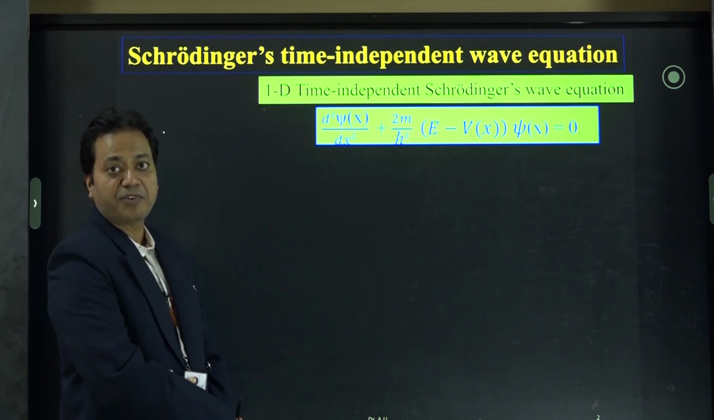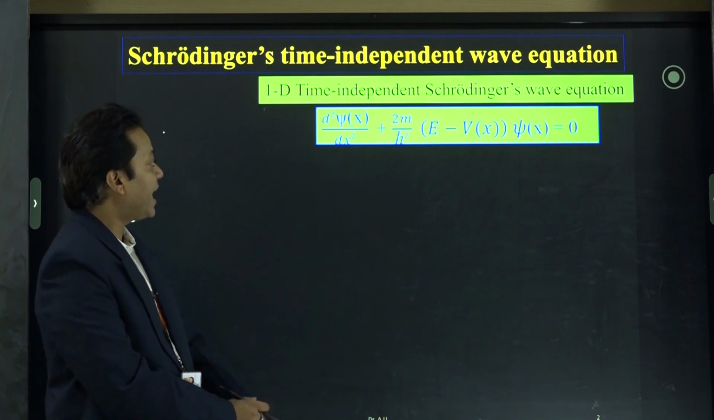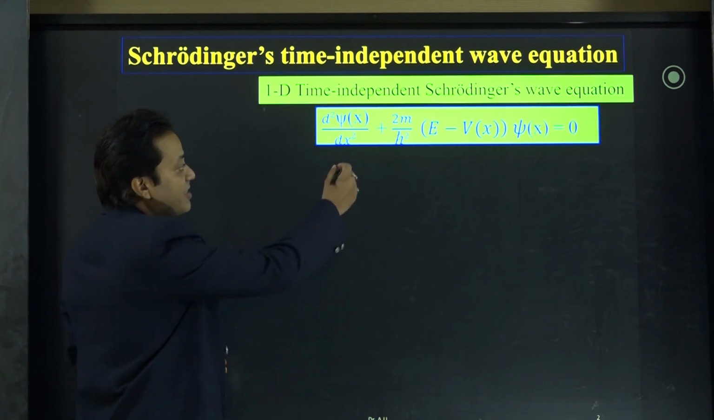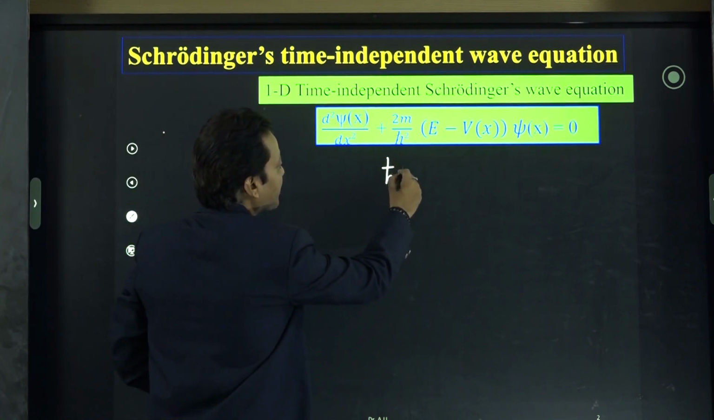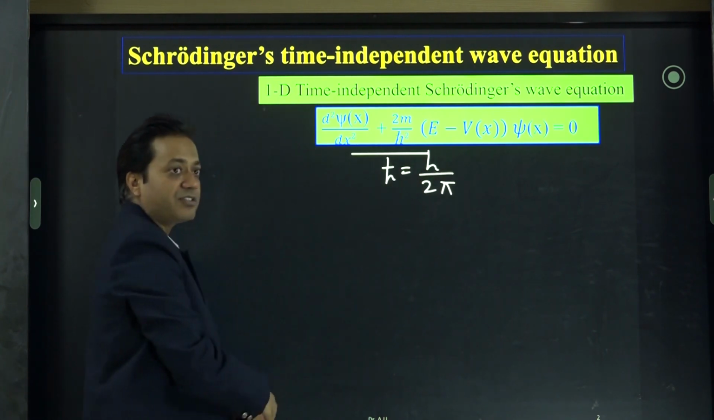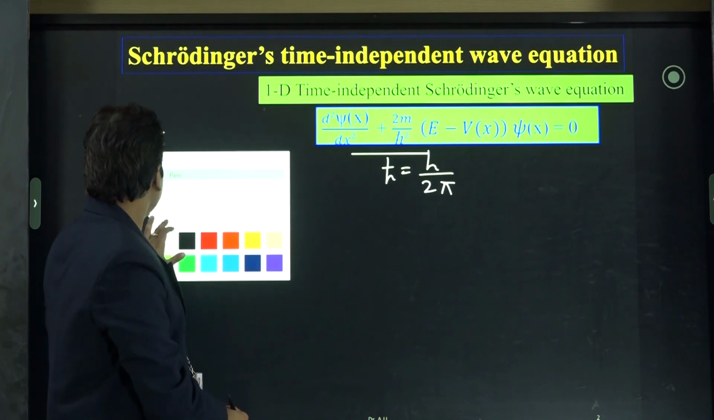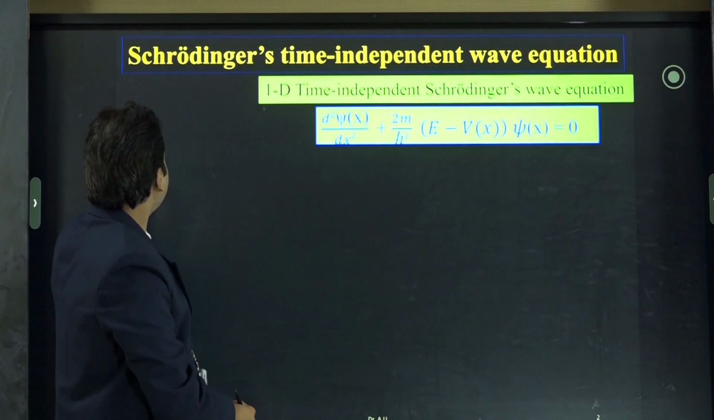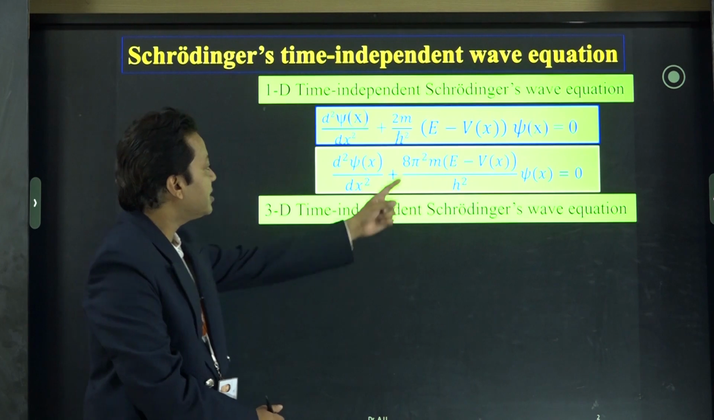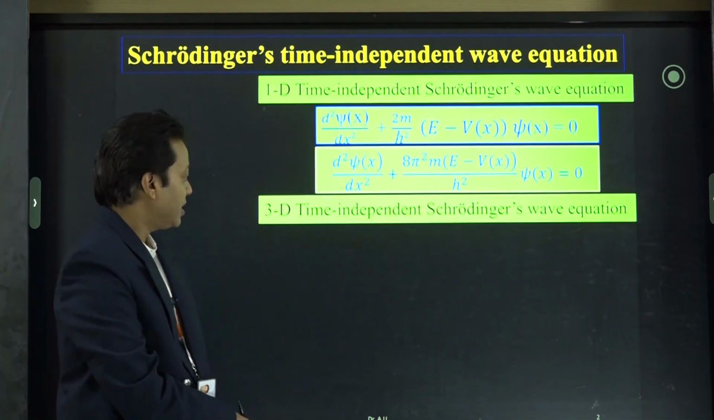psi of x is the wave function, E is the energy, V is the potential, and m is the mass of the particle or system, where h bar can be written as h over 2 pi. This h is called the reduced Planck's constant. This equation can also be written in this form, where h bar squared is replaced with h, and the